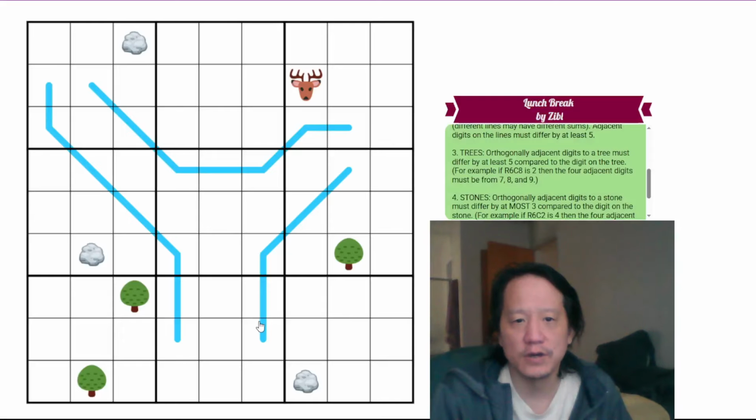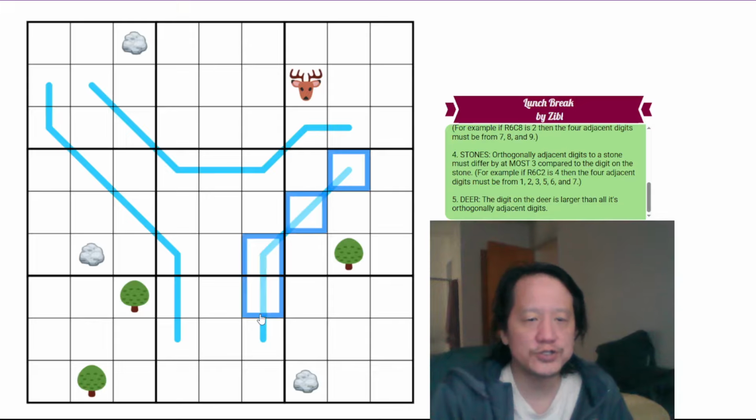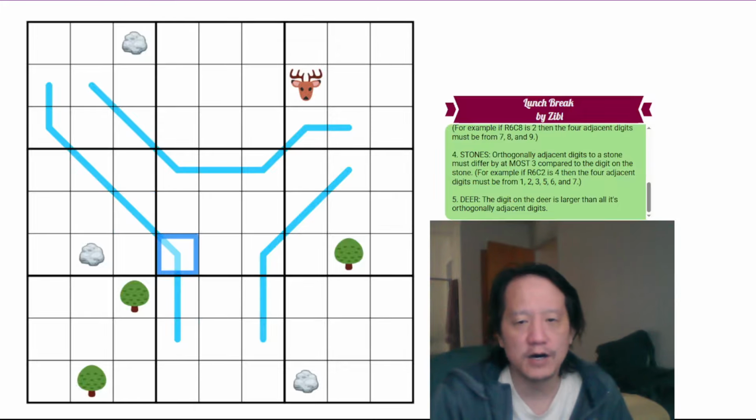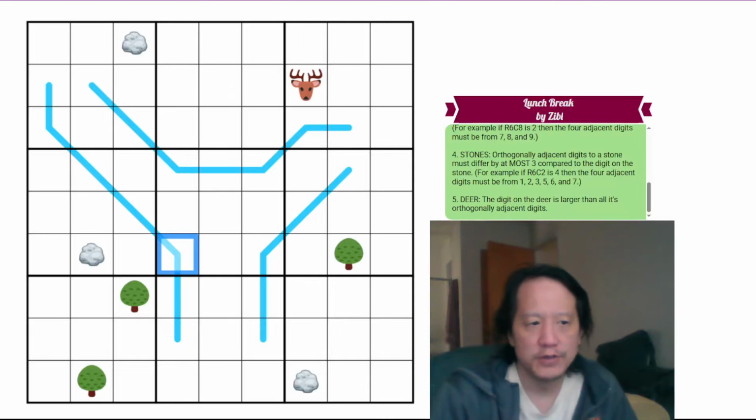Let's go. Okay, that's interesting. So these act as region sum lines. That means this digit must necessarily be greater than both of these. Same with this digit. This digit must be greater than these. And they're also German whisper lines, right? Therefore, this must be a high digit. Same with this. These are both high digits